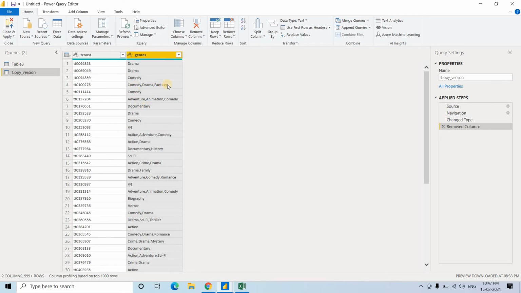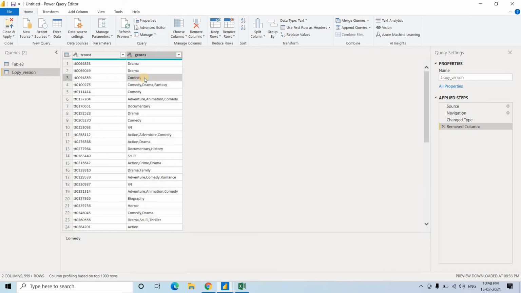Suppose, for the time being, assume that a maximum of 3 different categories are present in the genre column. So after splitting, 3 columns will be created, and in each column a single value will be present. Like suppose here only comedy is present, no extra values, so the remaining 2 columns will be null.